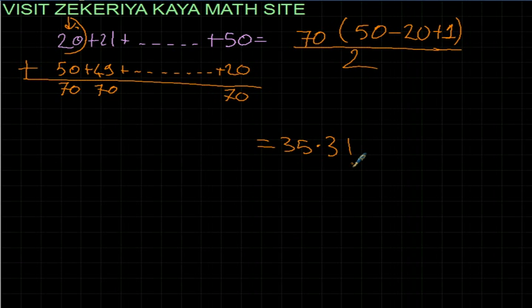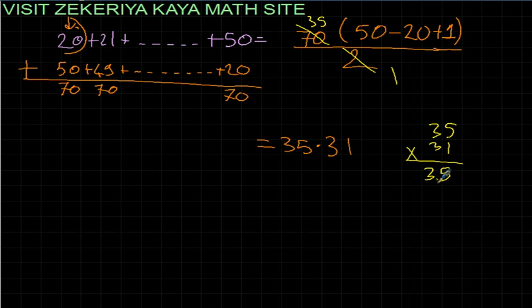Do I need to write all the steps for you? Please. 1, 35, 35 times this number. Let's check that. Is it true or not? 1 times 35 is